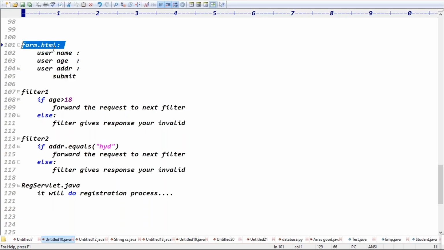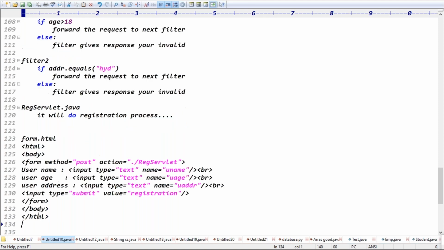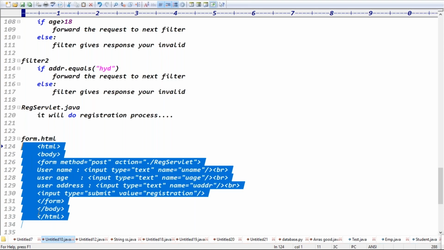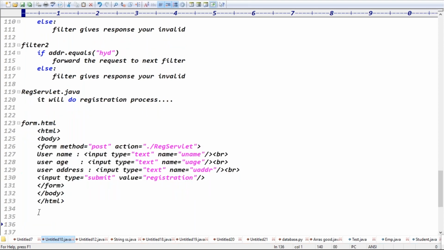This is the example we are using, but these filters are still in use currently, sir. Definitely, but not for checking age and Hyderabad like this. In real time they write encryption and decryption logic, for passwords, for example SHA. Exactly. It's not for checking age, but to show the process of how it works, as faculty we show this kind of thing. But for encryption logic using some third-party module, or zipping the data, zip file logic, you'll definitely go for filters.